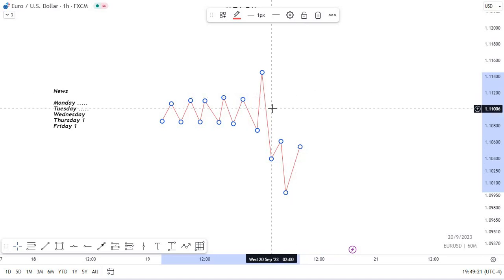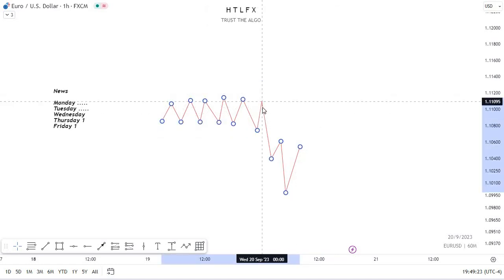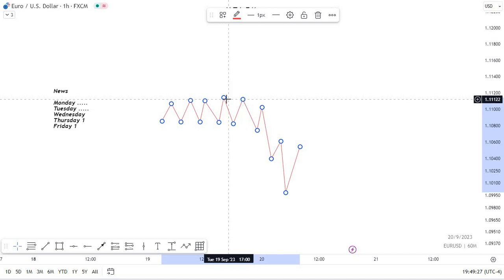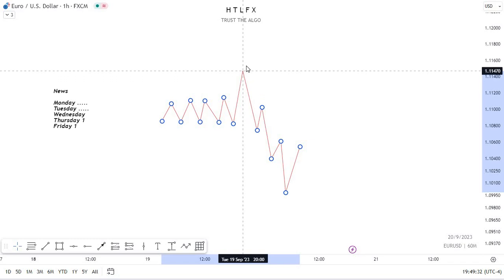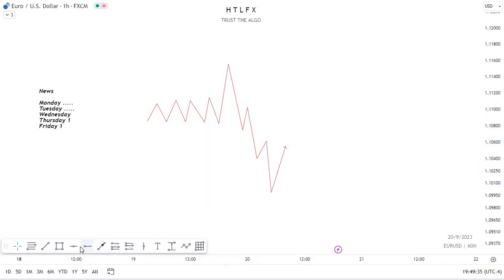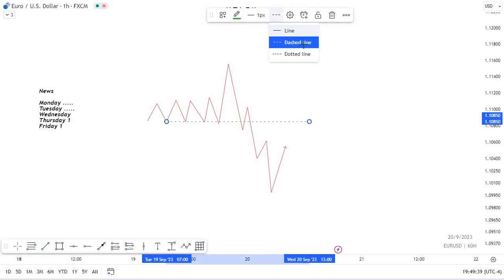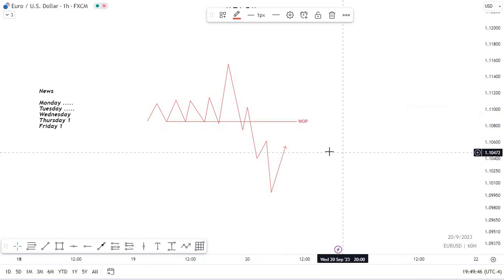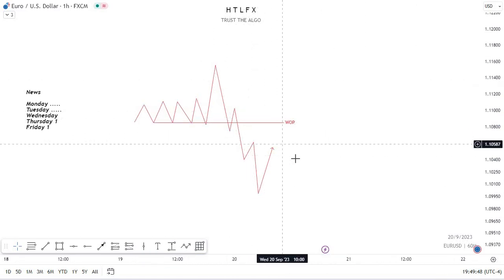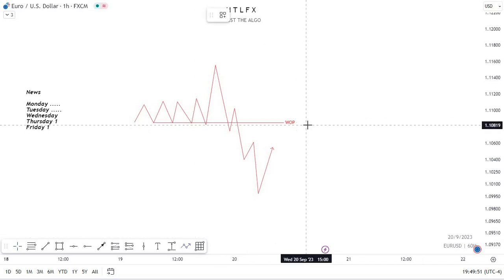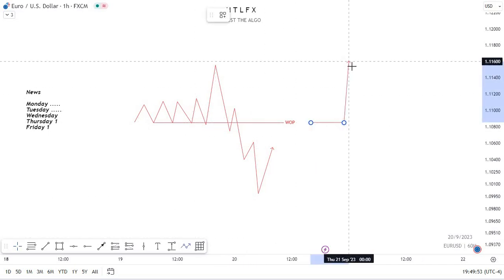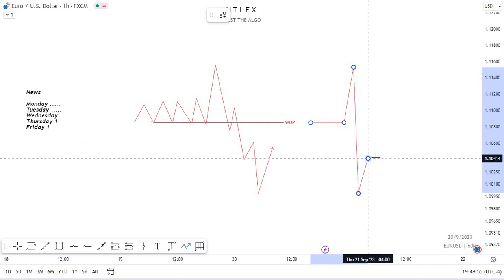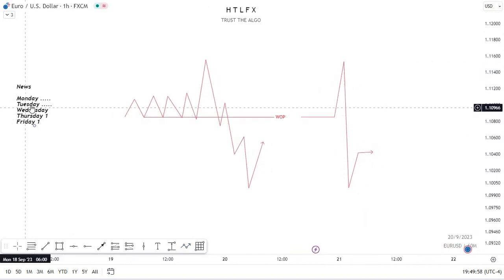So yeah, that's it. Now let's say we're going to predict today's move. Let's say Monday, Tuesday, Wednesday, we create the high of the week. This is the week open, this is the high, this is the low, this is the close. Open, high, low, close. So I'm going to explain now